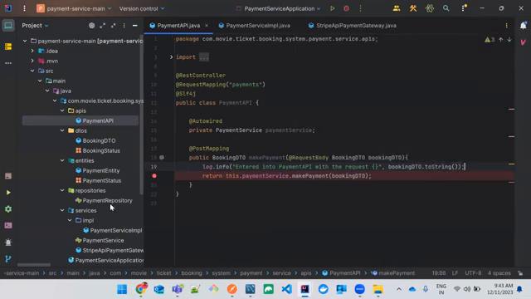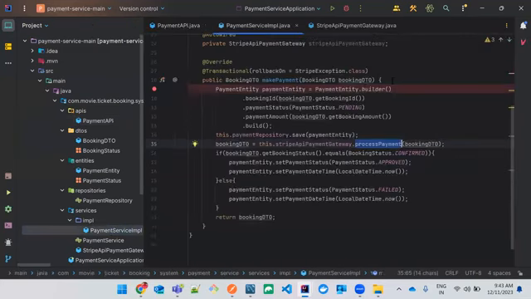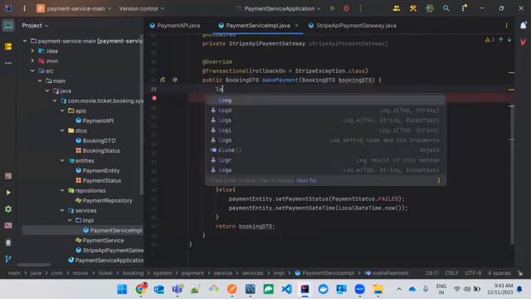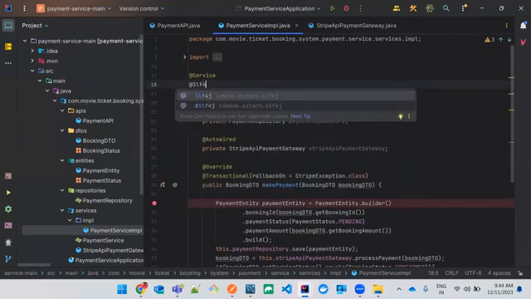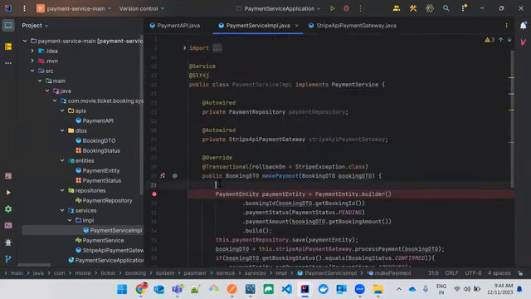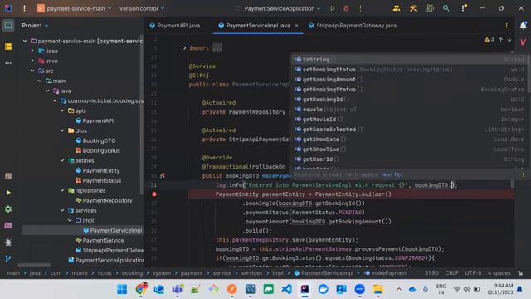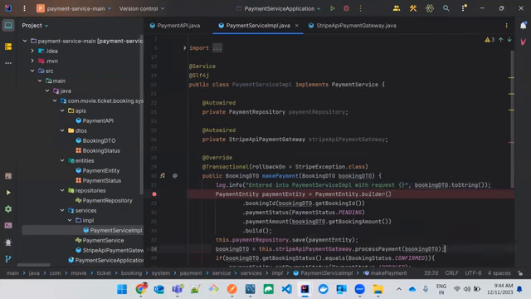Okay. And now I just wanted to go to this payment service. Log not used it, @SLF4J. Log.info entered into. That's it. And now